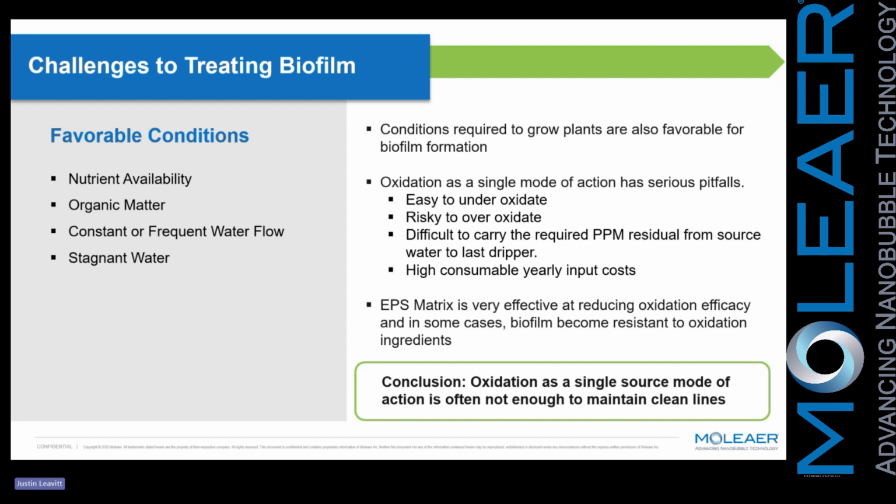What I would recommend to successfully start off the season clean: if you have an empty greenhouse, you can use oxidizers very effectively. When we think about how to use an oxidizer effectively, it typically comes down to contact strength and also contact time. So if you have an empty greenhouse and you can use your oxidative products to soak and flush out lines a couple times before the season starts, then you can start with some really clean lines, and I strongly recommend that. But what's really difficult is dealing with these biofilms during the growing season,